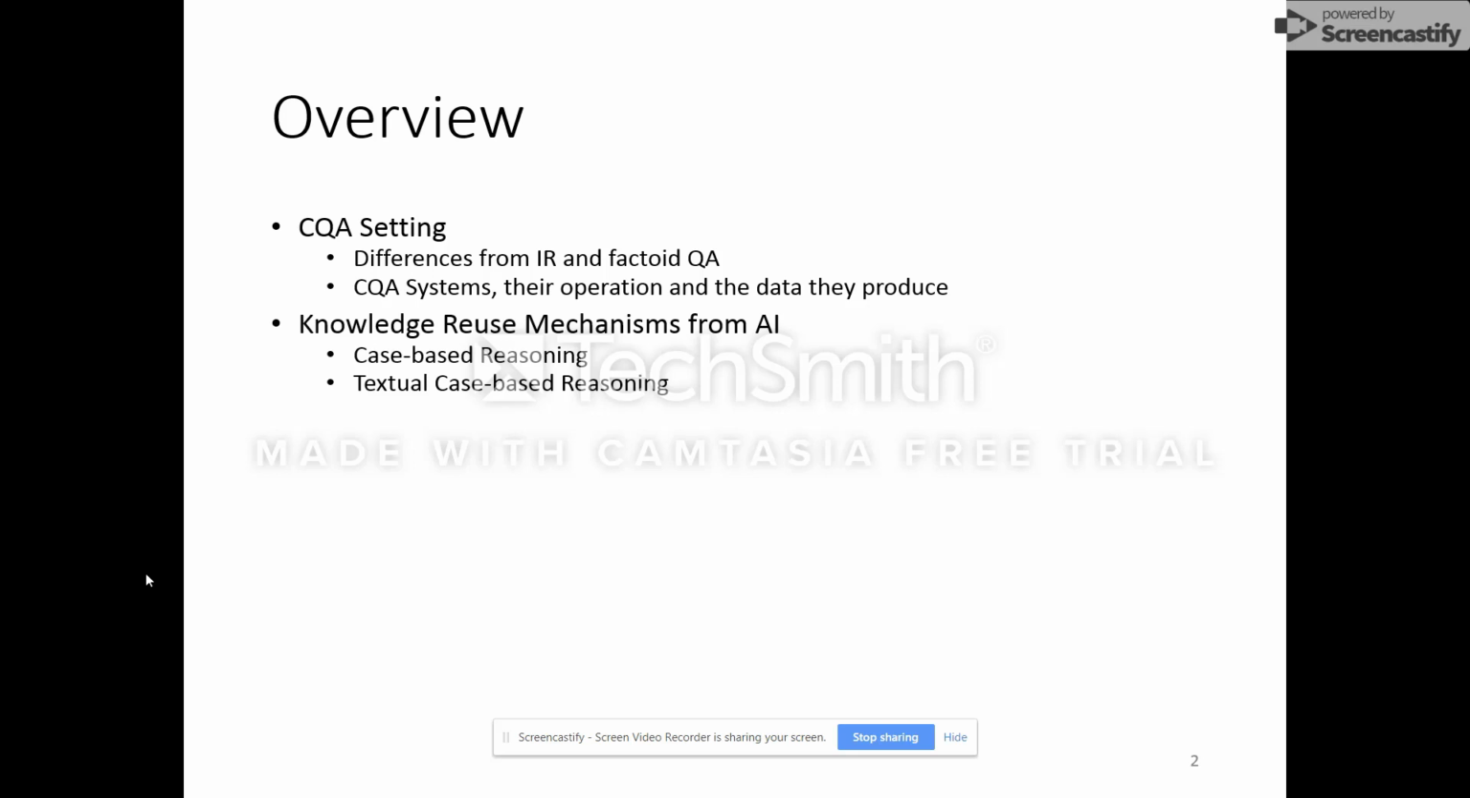And we'll look quickly at knowledge reuse mechanisms from artificial intelligence. So that will be mostly about case-based reasoning, which has a similar structure to the work from CQA systems. And also we'll look at textual case-based reasoning, which is a text version of traditional case-based reasoning. We'll look at some CQA tasks. We'll focus on the lexical chasm in CQA datasets, which is an important challenge that has been addressed across numerous